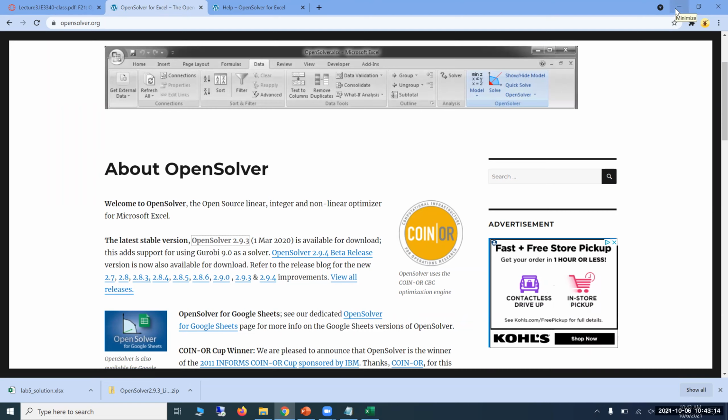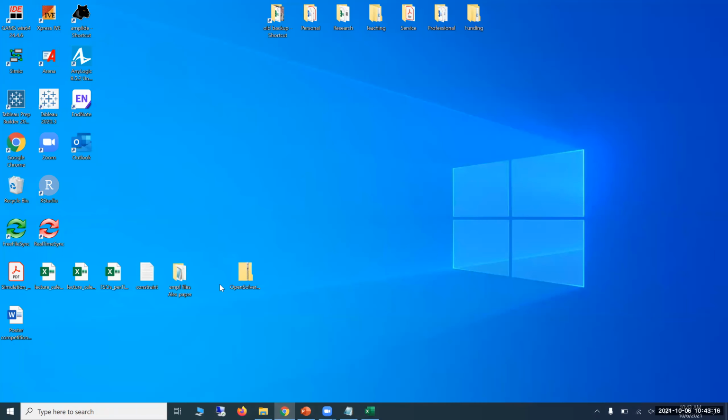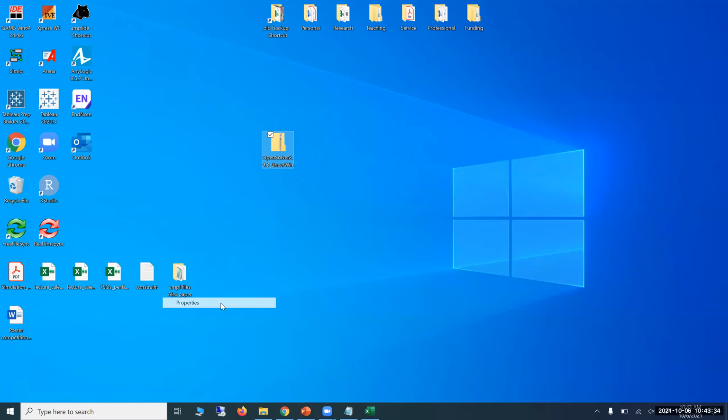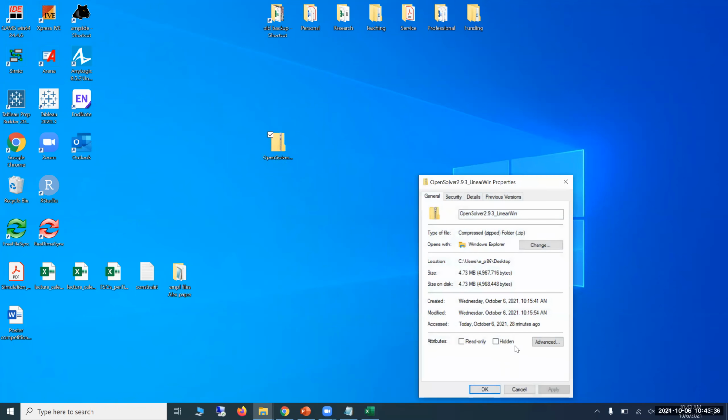So when you click there, you're going to get a zip file, this zip file that is right here. One thing that you have to remember, and if you don't do this, it's not gonna work, okay? You have to right click before you download or you extract the information. You have to go to properties and you have to select,